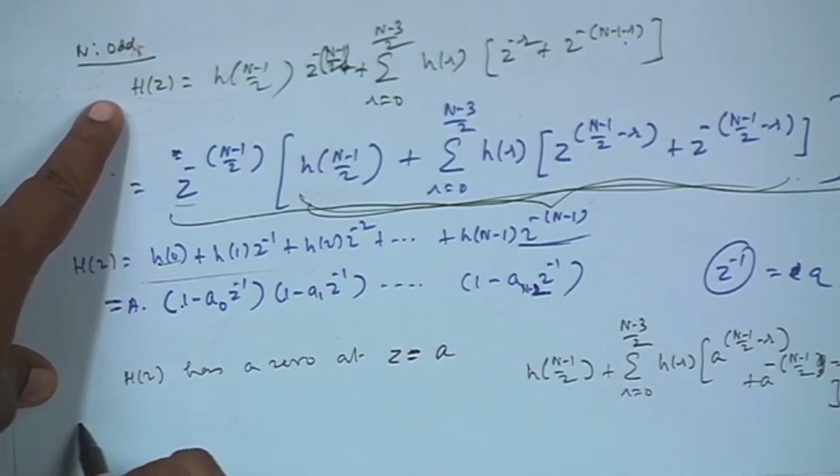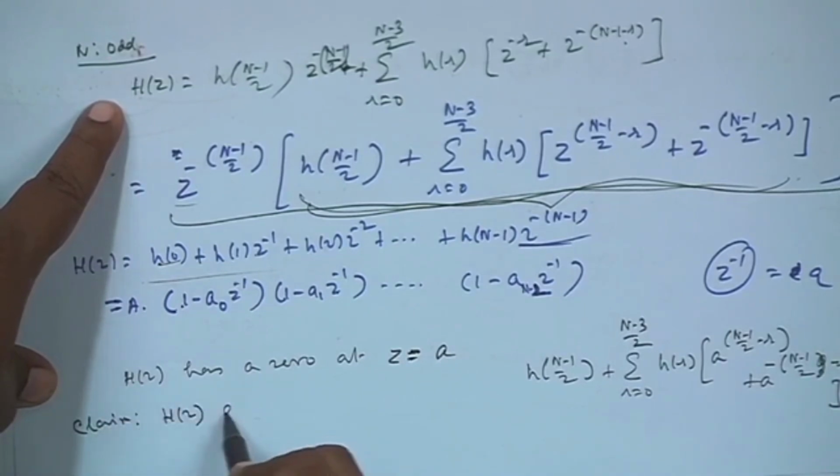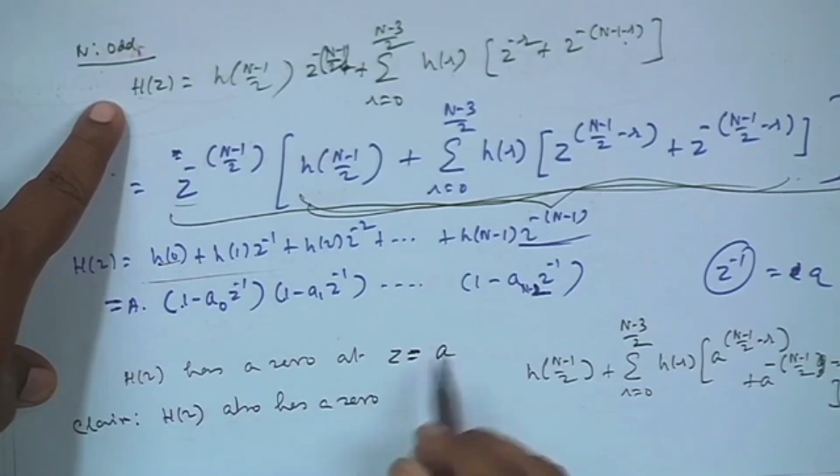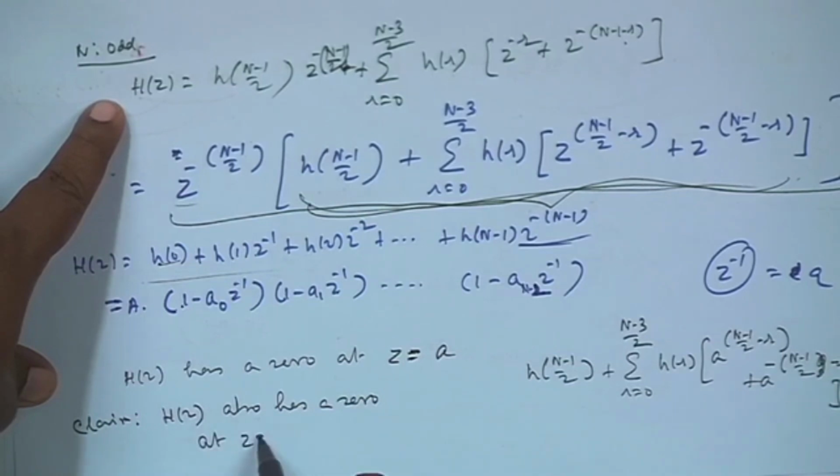Then my claim is that H(z) also has a 0 at z equal to 1 by a,